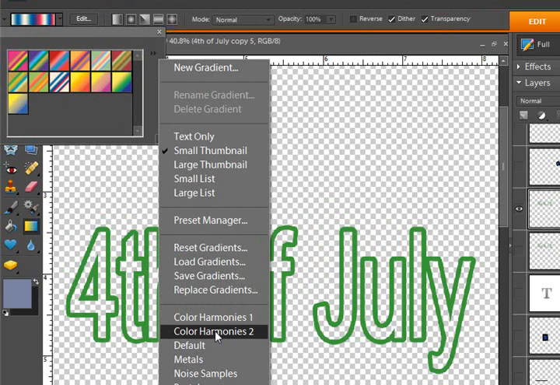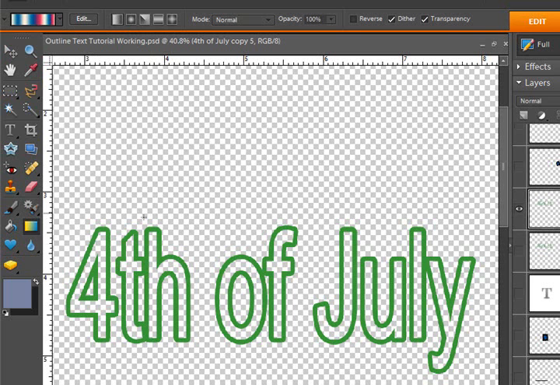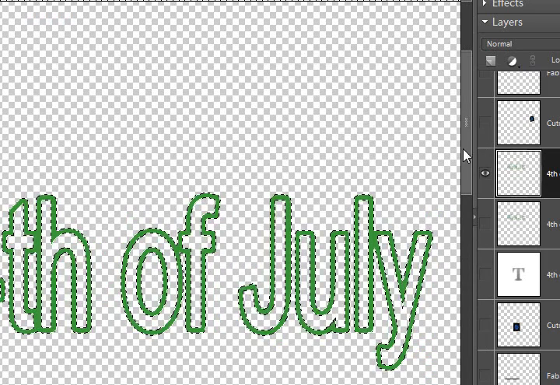Now, of course, you can use the gradient tutorial and make your own gradients. You can pick out any of these. In here, you can download lots of freebies, gradients, lots of variety and ideas. But for the purposes of mine, since it was 4th of July and I just wanted red, white, and blue, here is the red, white, and blue gradient default that comes with Photoshop Elements. So I chose it. I'm going to hold down the Control key and click here on the Layers palette to make a selection